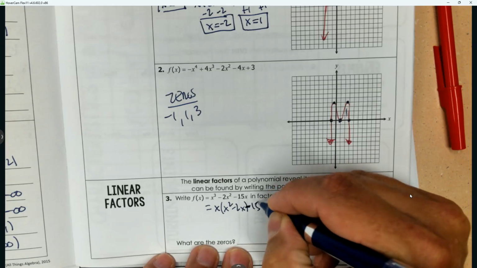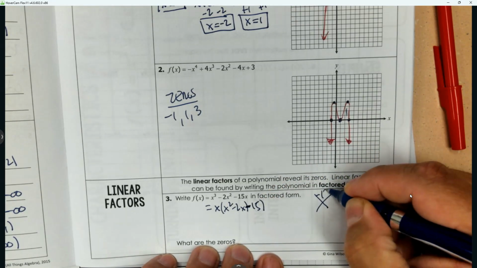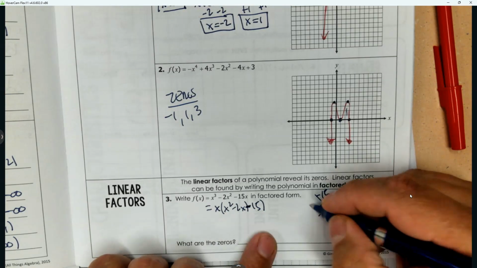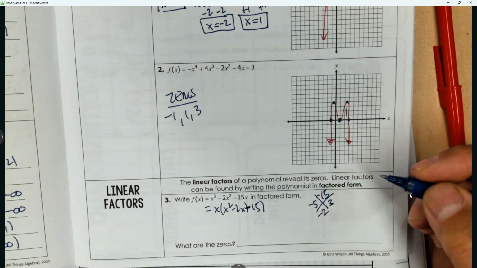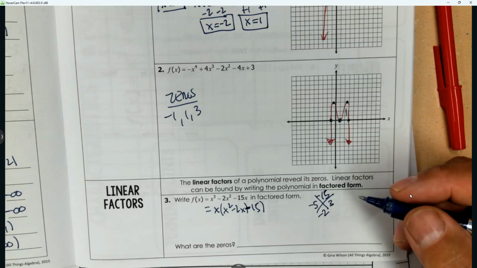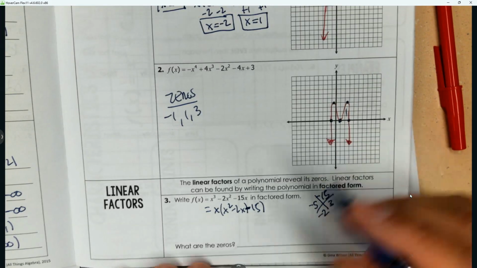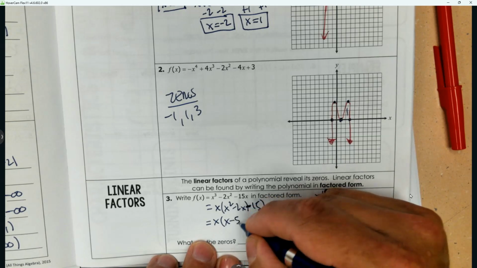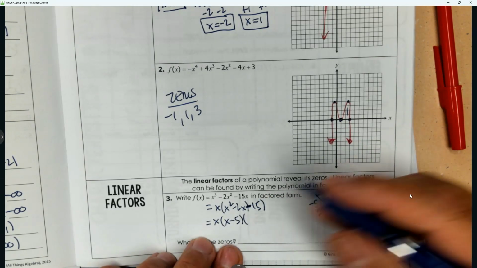Oops, that's a -15. Then it's a trinomial. So that's -15 and -2. The two numbers that fit are -5 and 3. They multiply to -15 and add to -2. Now each factor is linear,